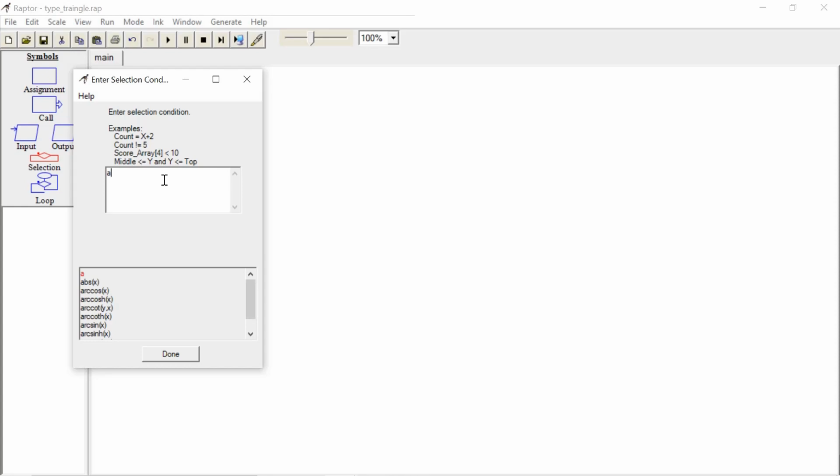So I am writing that condition: A plus B greater than C, or B plus C greater than A, or C plus A greater than B. So here is my condition. Done.